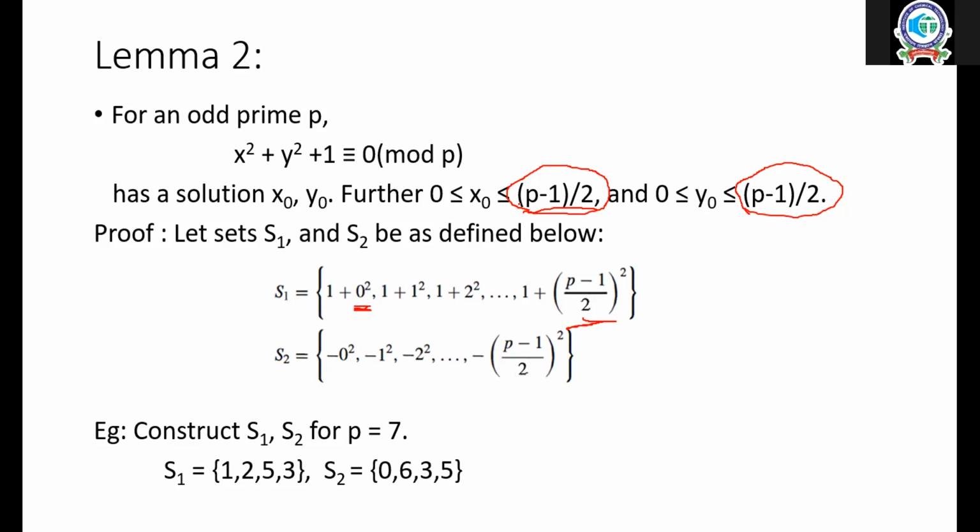Okay. So if both are not equal, then p does not divide both of them. Are you able to see that? The main crux is this now. If A and B are not equal, then P does not divide A minus B and P does not divide A plus B also. But P divides one of them. That is a contradiction. So what is the conclusion from that?